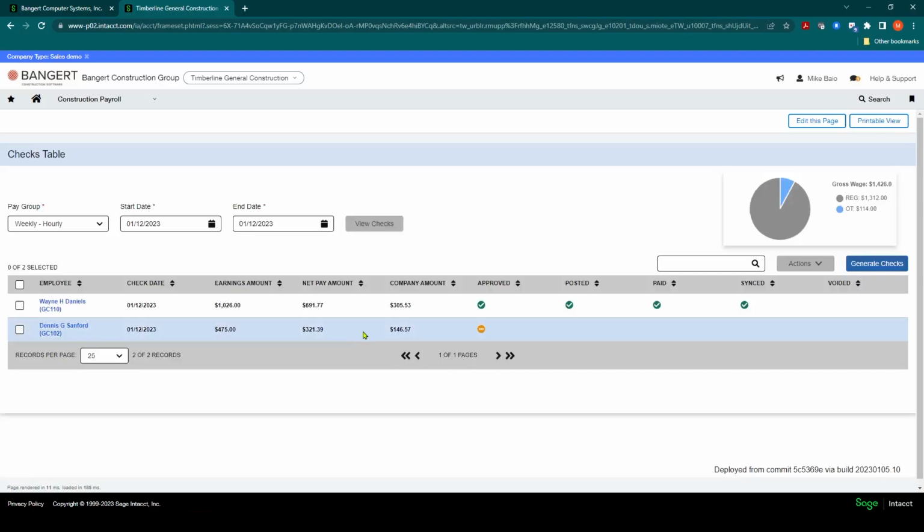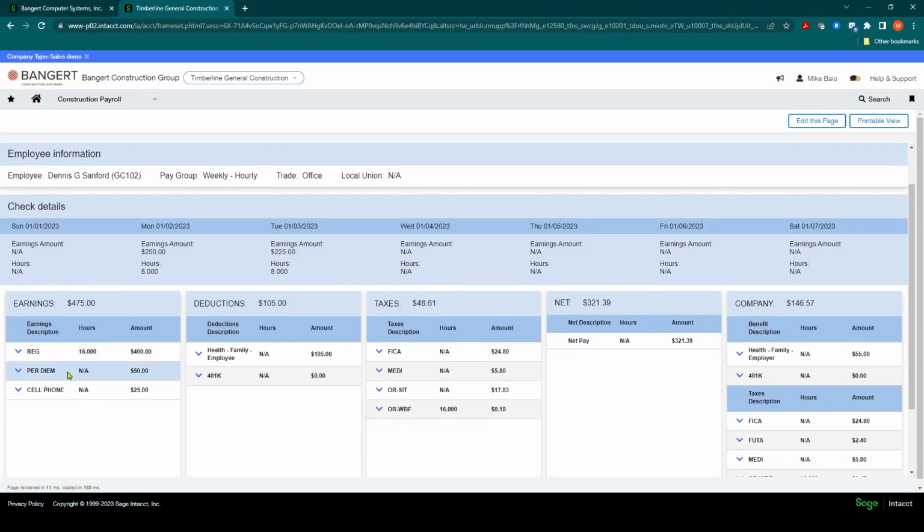One check got generated. It's for Dennis. If we click on Dennis, we'll see the details of that check. And now you'll notice there's an automatic cell phone or per diem for $50 that came in from the settings. And then we also have that $25 per diem that we keyed in during time entry. Now, I didn't give them the automatic cell phone because we already had an entry overriding that in the timesheet. That was my mistake. But you can see here we had a per diem set up of $50 that automatically calculated. So now they will get that in their paycheck. And that's all there is to it. Thank you.